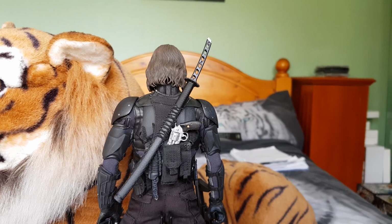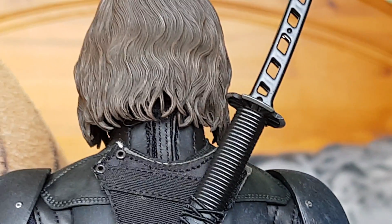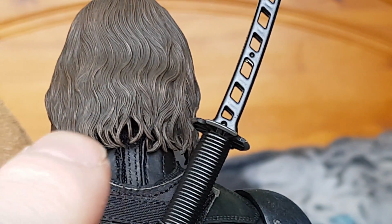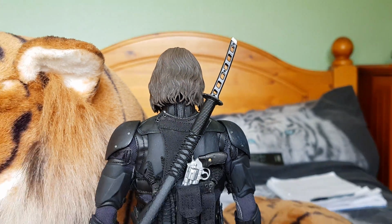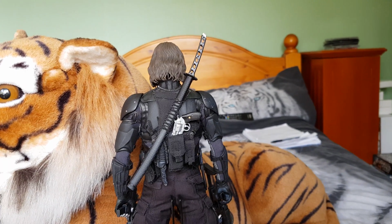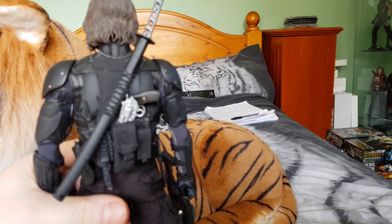And just zoom in a bit on the Snake Eyes figure. You can see the neck part there that goes up a little bit more, and it goes up underneath the head, so it holds it on quite nicely. I'll just put a magnum in the back there, hidden in the back. But what I want to do with this figure is, just moving back a bit,